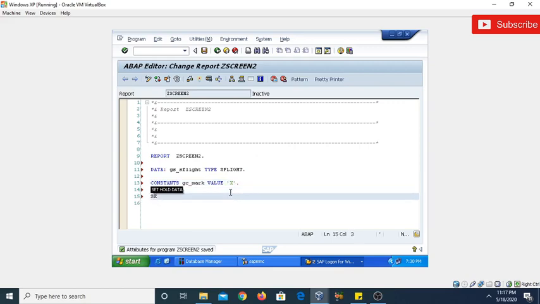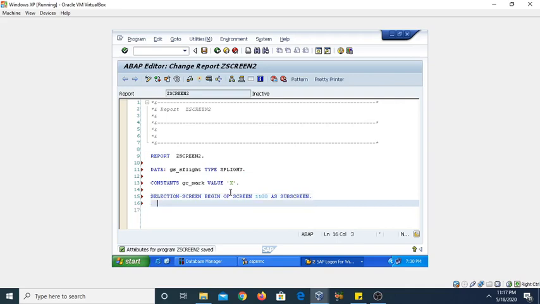Now creating the selection screen, then begin of screen, giving the screen number 1100 as subscreen. Now select option SO_CAR for gs_sflight-carrid.